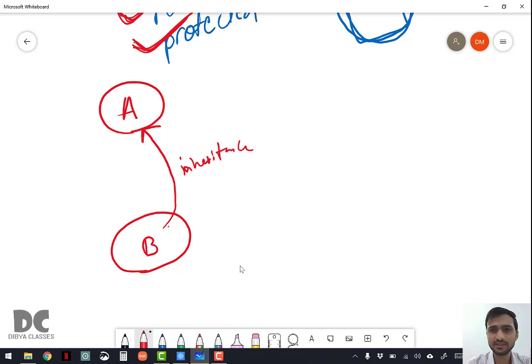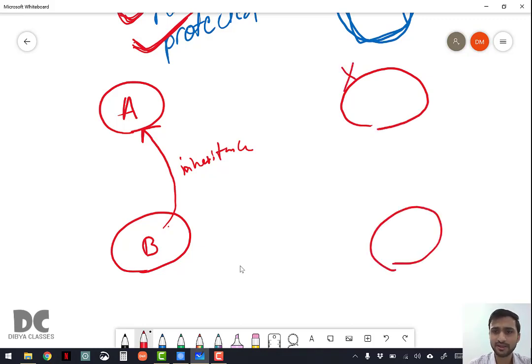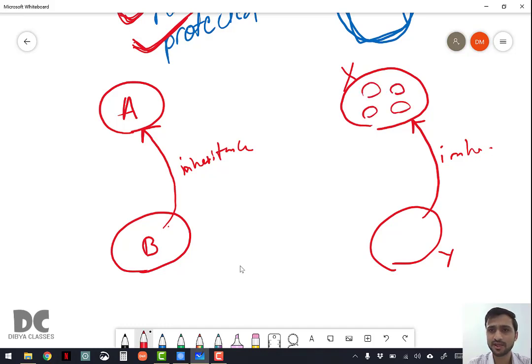Another definition: let there be class X and class Y. If class X is taking some properties from Y, or Y is giving some properties to X, that is also known as inheritance. What is a class? A class is a collection of similar type of objects, and this class has many objects.